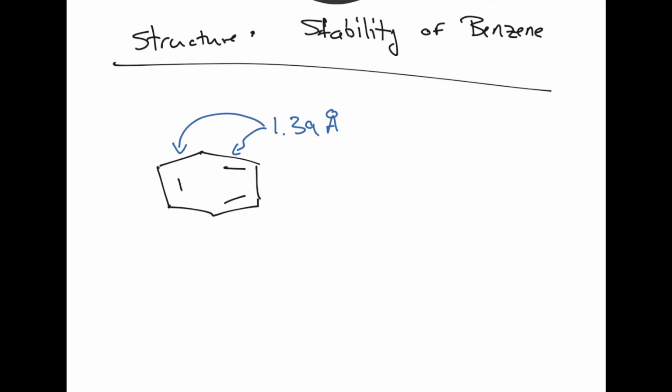A single bond is 1.54 angstroms. A double bond is 1.34 angstroms. So we are in between a single bond and a double bond based on length. When you're in an in-between spot in bond length, we say you have a half bond order. So all the bonds